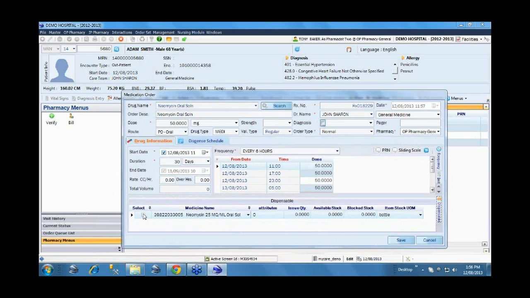Based on the order, which is by generic, there can be only one dispensable available, or multiple dispensables in different strengths and different brands. However many dispensables are available against this order will be picked and displayed by the system automatically, and they can choose among the available dispensables if there is more than one. Otherwise, if it's only one, they have no choice to make. Once they choose that particular medication,